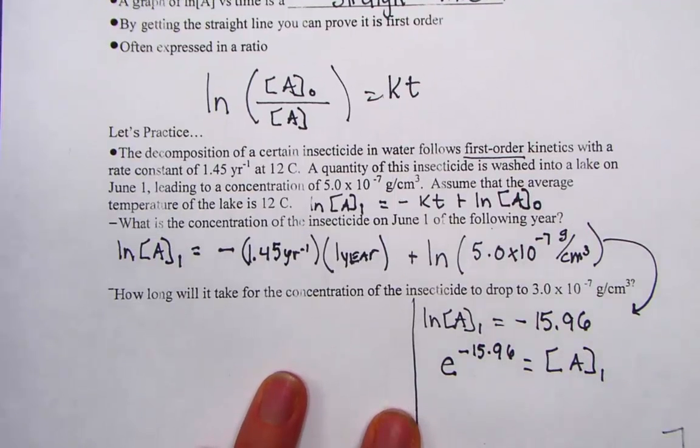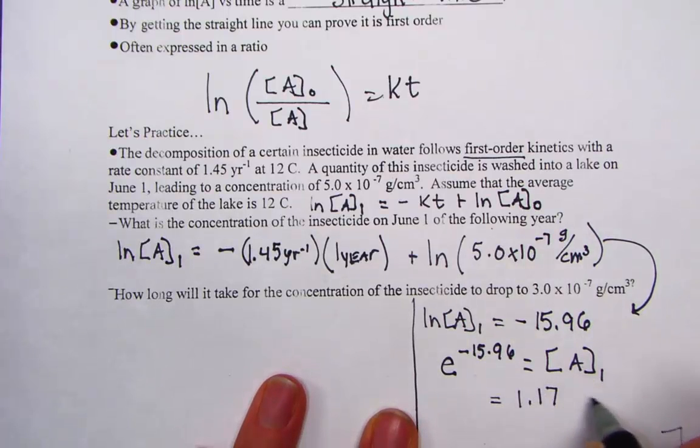So on my calculator right now, I have negative 15.9586 still on the screen from before. I'm going to hit second function, ln, and now I see on my screen e raised to the caret and negative 15.96, close my parenthesis, and I find a value,